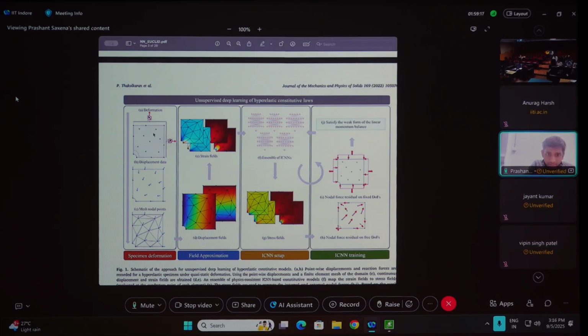So with that displacement data, you try to create a mesh, create some individual displacements, and from those displacements you get a displacement field. From the displacement field you get a strain field,